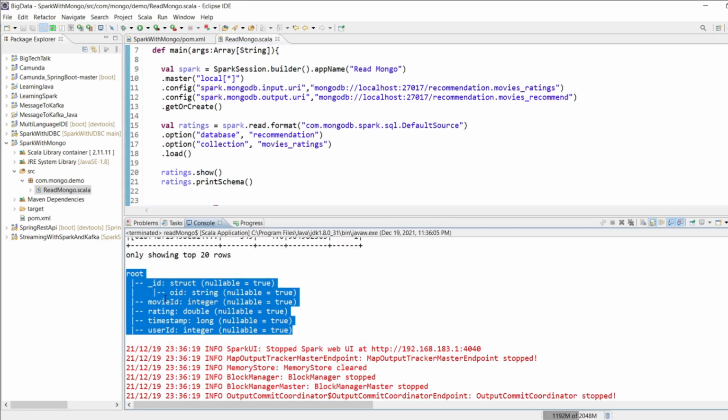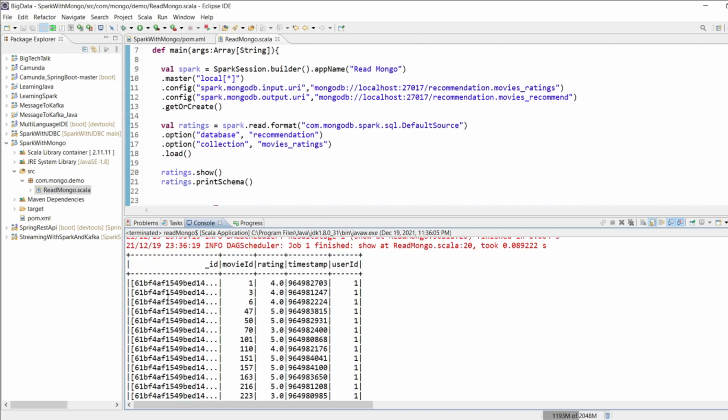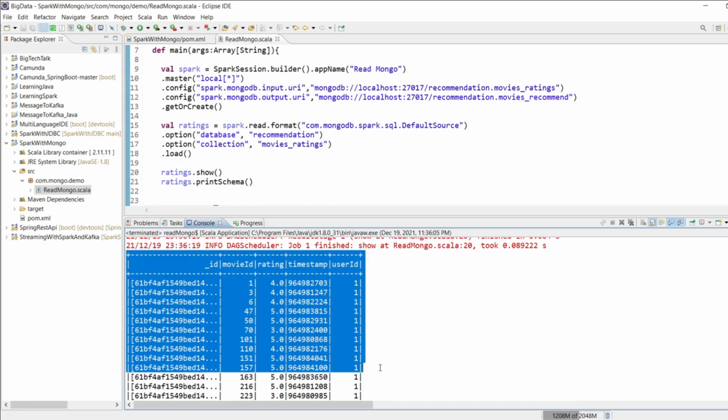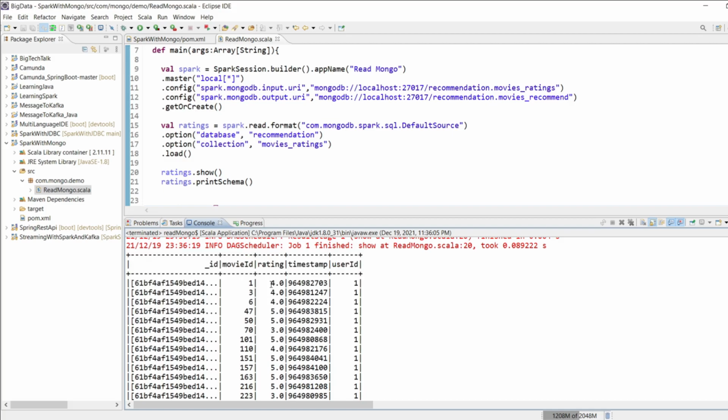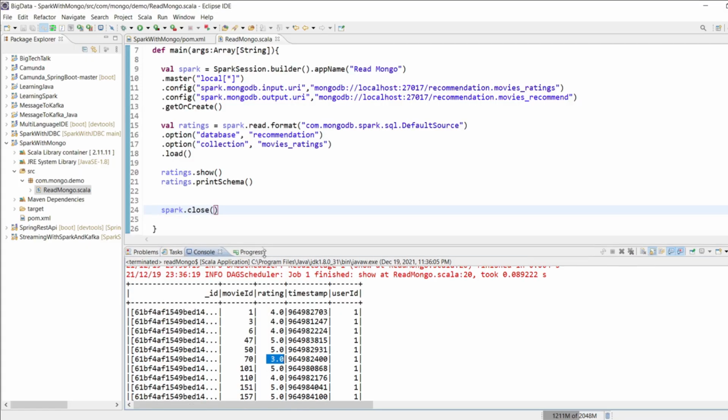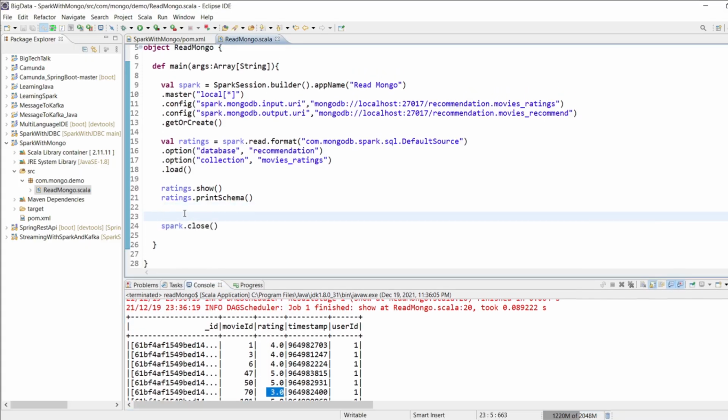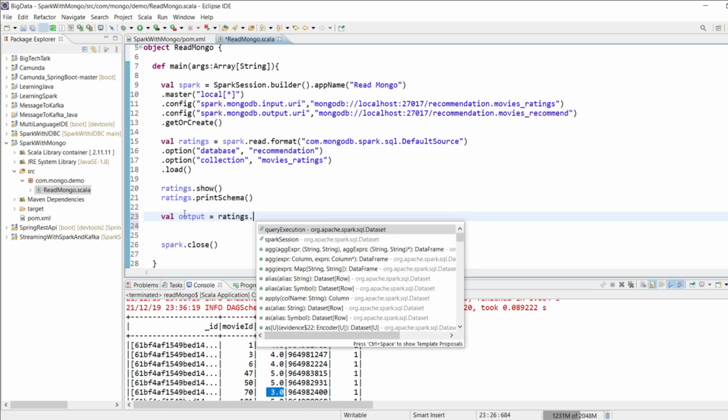As you can see, this is the output of printSchema. And this is the output of ratings.show. In the ratings column, we have different types of rating. Some are 4, some are 5, and some are 3. So let's filter out the ratings which are greater than or equal to 4 and write them to a different collection in the same database. So I will write val output equals ratings.where